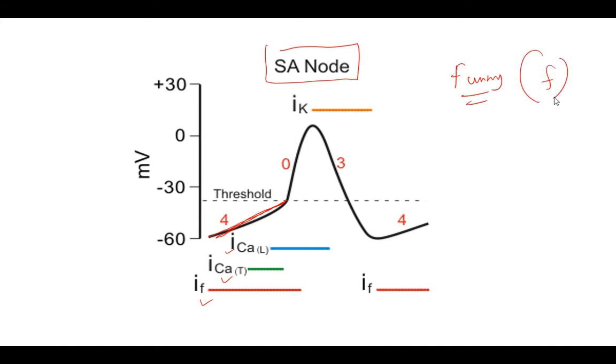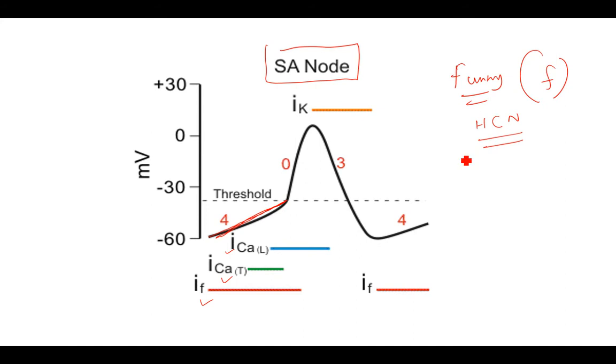What is this channel basically? It is basically an HCN channel. What is HCN channel? HCN channel is hyperpolarization activated cyclic nucleotide gated channels. It is not specific for any cation. Sodium, potassium and calcium may enter through this channel. Okay, so if somebody asks you what is the main current that is responsible for pacemaker potential, the answer is IF or funny current. The channel is HCN channel or funny channel, right?